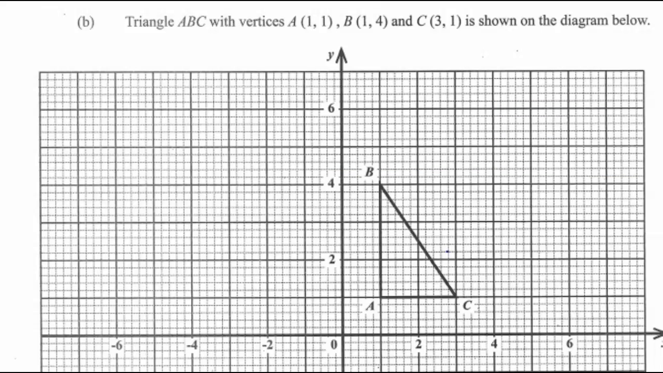So here we have a triangle ABC with vertices A at (1, 1), so A is 1 on the x-axis, 1 up. B is (1, 4). And C is (3, 1), as shown in the diagram below. Now we are asked to,